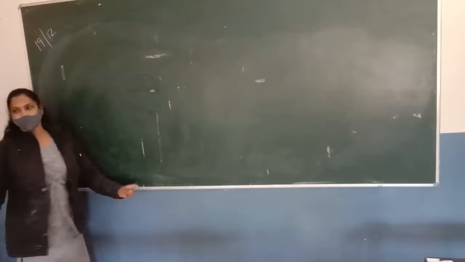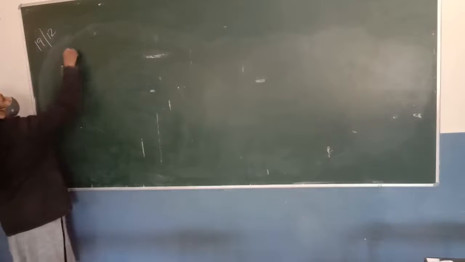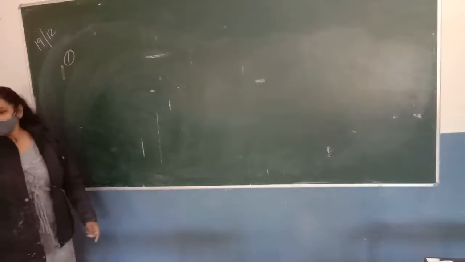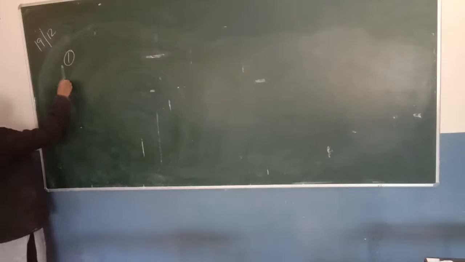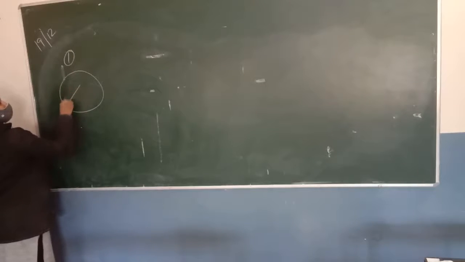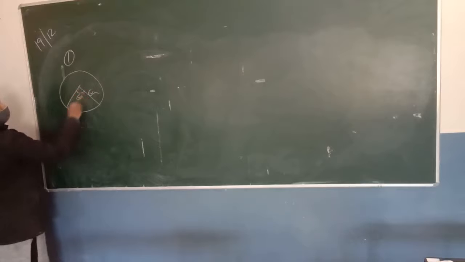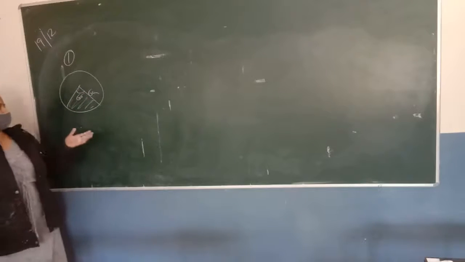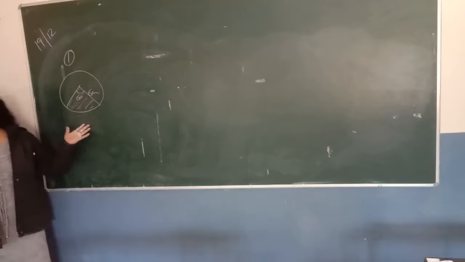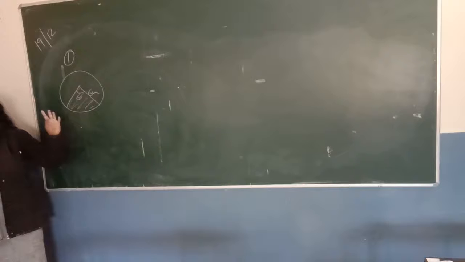Now I will ask all the questions from you. Ready? See, always ready. First question. Find the area of a sector of a circle with the radius 6 cm, if the angle of the sector is 60 degree. So can you find the area of the sector? What will be the formula? 60 upon 360, that is theta upon 360, and pi r square. Since we know the radius of the circle, we can easily find the area of the sector.